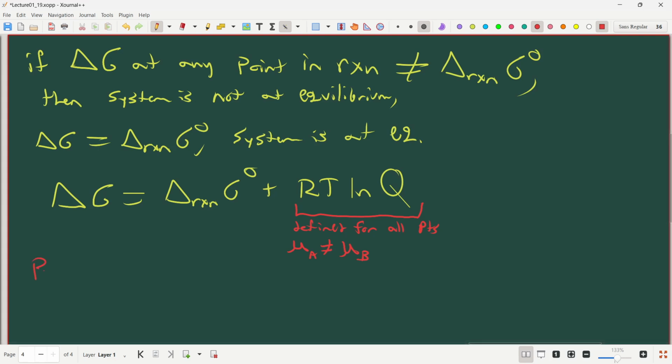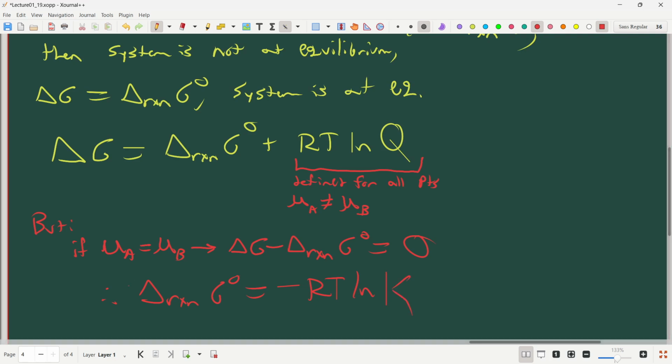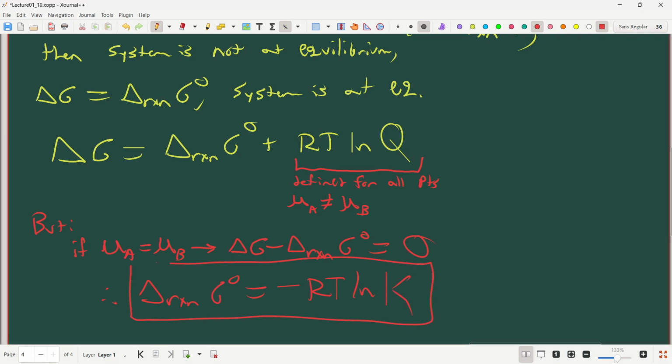but if we're at a point where mu A is equal to mu B, this means that delta G minus delta reaction of G is 0, and therefore delta reaction of G is now equilibrium. The G we're measuring is the equilibrium one, and we get minus RT ln K. All right, so Q, if you will, is an equilibrium constant